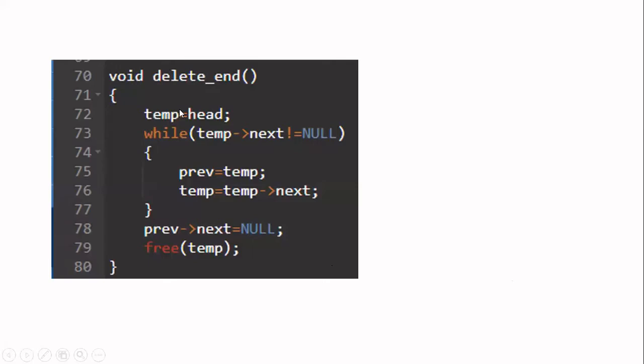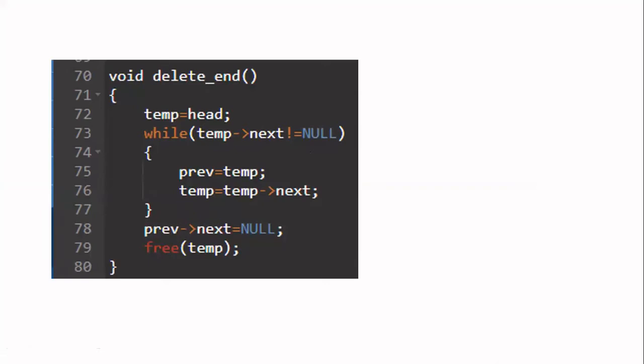Now, the function is first, when you start, you are keeping head in the temporary variable. Then you are writing a loop. Inside the loop, every time you are checking the next field of temp. If it is not equal to null, you are going to do two changes. You are going to keep track of the current temp as previous. Then you are going to take the next of temp and store it as temp so that you will go to the next node. Do this till you get null in the next of temp. If so, come out.